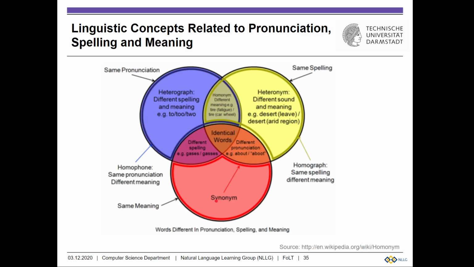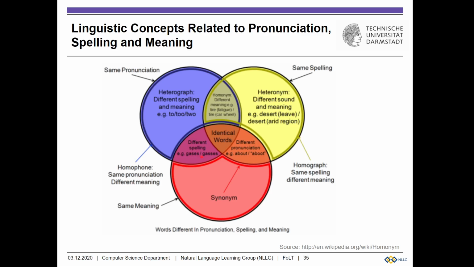On the other hand, we can have words that are meaning equivalent, but both spelled and pronounced in a very different way. Examples of such things would be, let's say, car and motor car, if we really take those to be synonyms in all circumstances. Of course, they have different pronunciation, different spelling, but we can also have overlaps here. So, words that are meaning equivalent and have the same pronunciation but not the same spelling, what would that be? Well, that would be